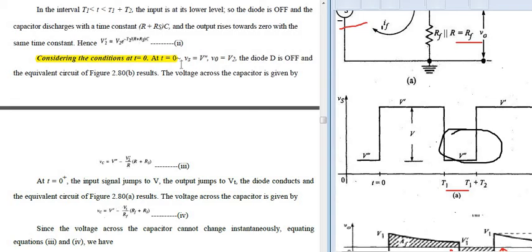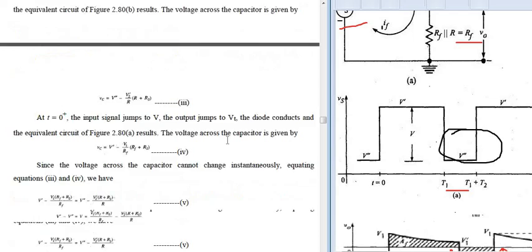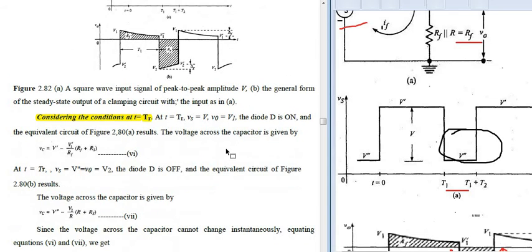What is the output? Source voltage is V double dash and output voltage was your V2. Now I am considering the source voltage as V and your output voltage as V1. Here at this particular part, your output voltage is V1, and the time period you are considering is TR. In the very first condition, I am considering that your diode is in the on condition.